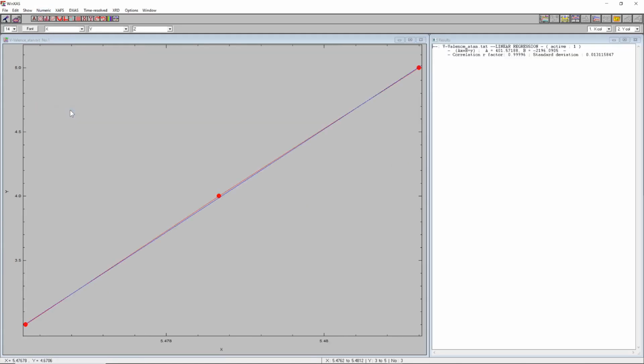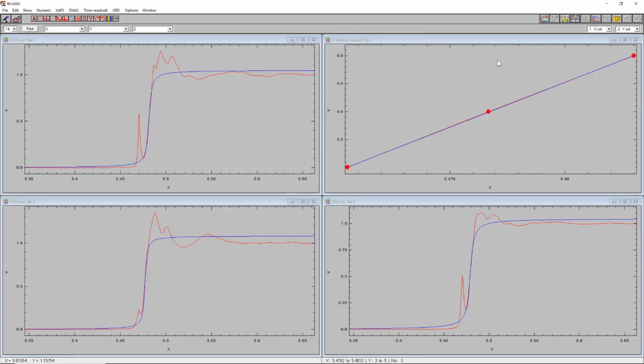So linear regression, and we see we get a very decent calibration curve here from those simple step function refinement to the three references that we have available here for the vanadium oxides with valences in the range from 3 to 5, and